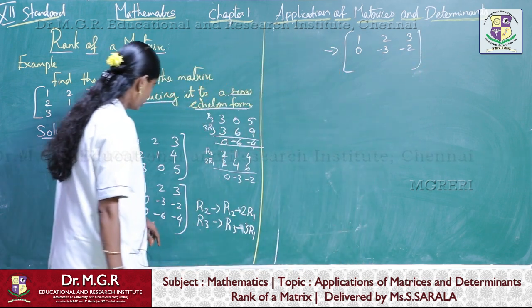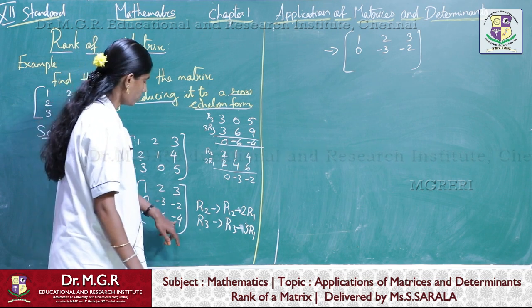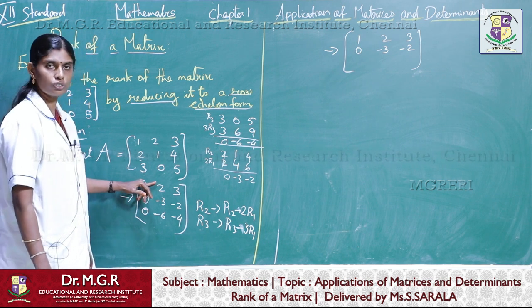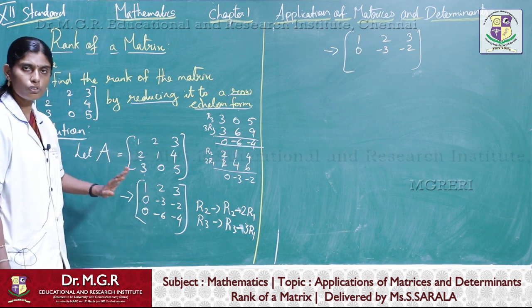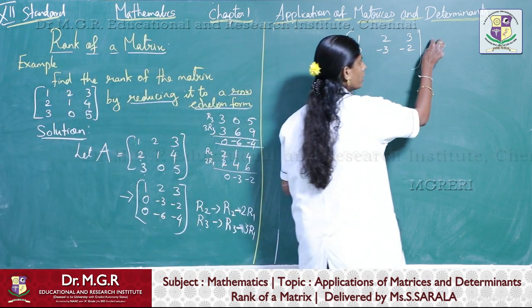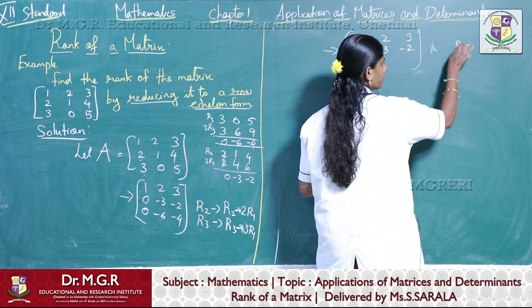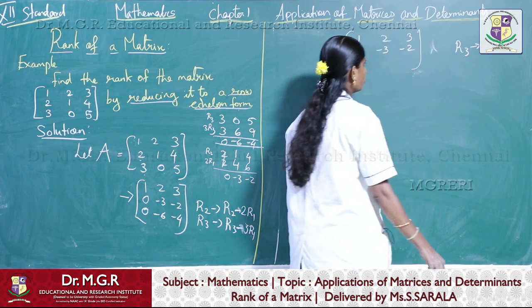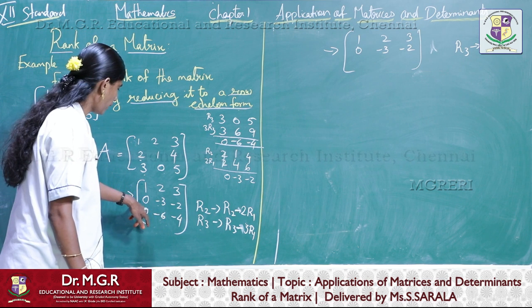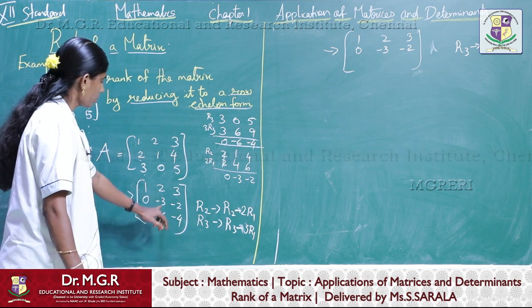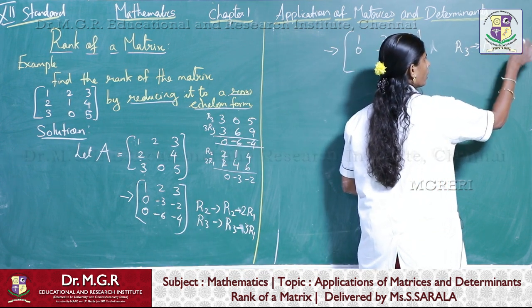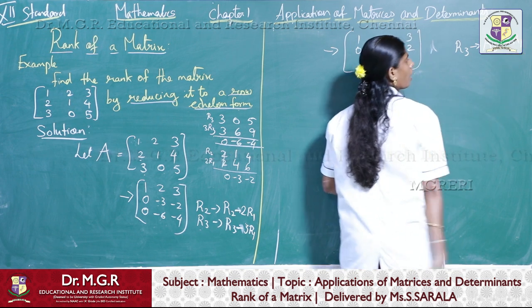Look here. We are going to change the third row, and for that we take only the second row, since if we use the first row, the element would appear again. To avoid that we choose the second row. So we are going to change R3. R3 is here minus 6, here minus 4. If you multiply R2 by 2 you will get 6. So I am changing R3 to R3 minus 2 times R2.